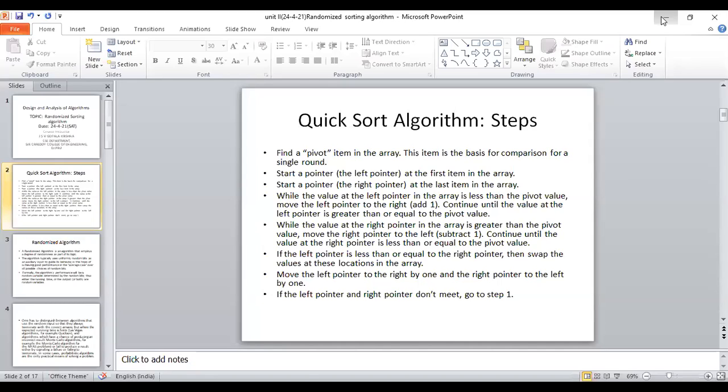In the previous class, we discussed the recursive version of quicksort. Now we discussed the iterative version of quicksort. When I say iterative version, we are using the while loop, while p less than q, checking the condition.